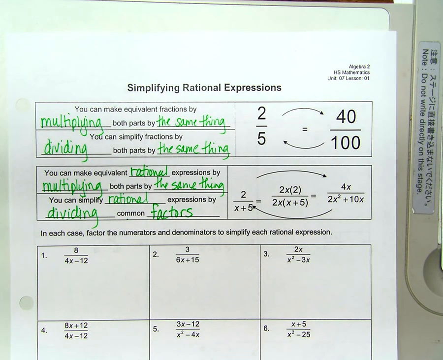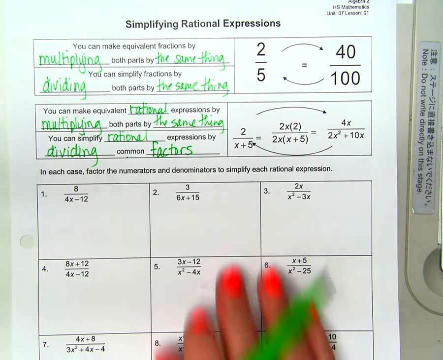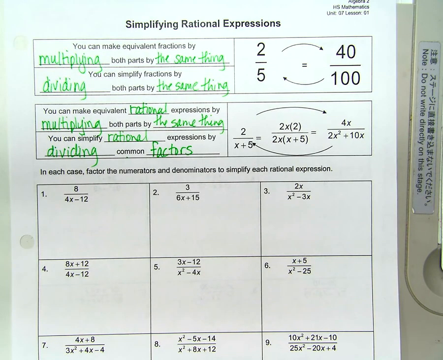You ready? Look at number 1. 8 over 4x minus 12. If we're going to be dividing out common factors, what do I kind of need to do first? I kind of need to factor, don't I? I need to factor the numerator and factor the denominator to see if there's any common factors. I got to know the factors before I can know if anything's common, right? Okay, so